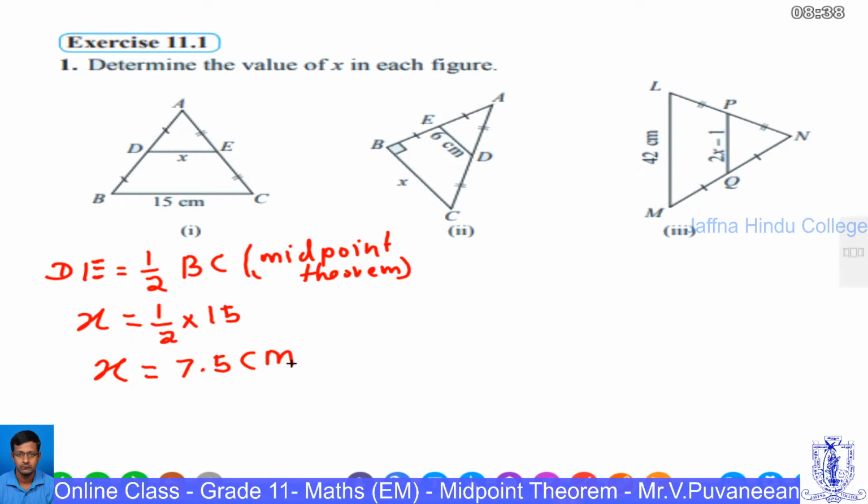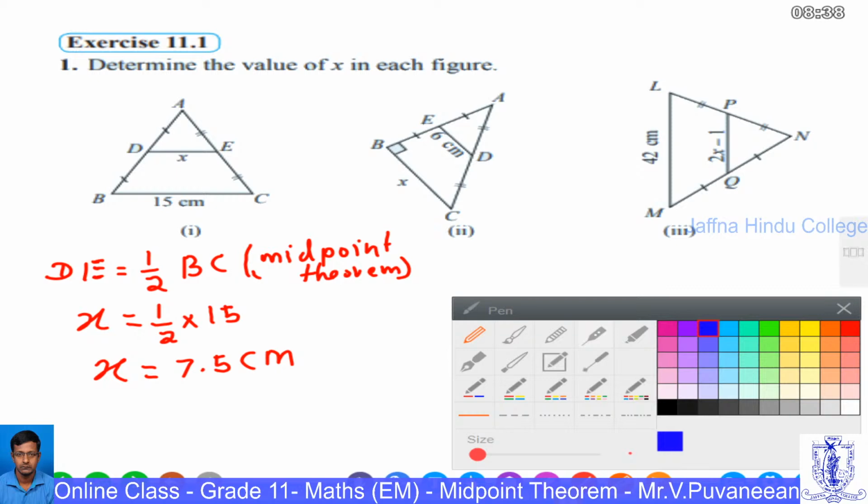Look at the second one. In the triangle ABC, E and D are the midpoints. The length of the line joining the midpoints, ED, equals 6 centimeters, is given. You have been asked to find the length of BC, X. So we can write,